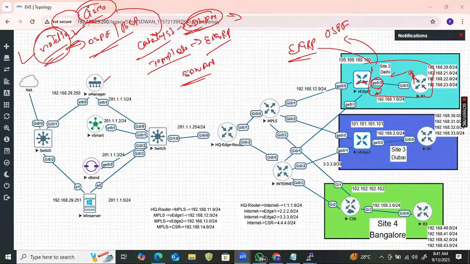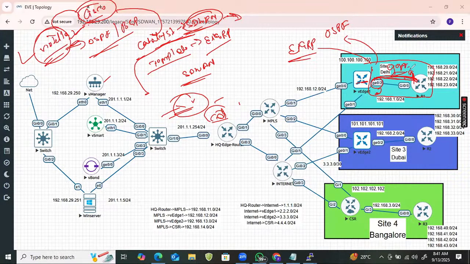Hello. So in Catalyst SD-WAN, there we can use EIGRP. Right now, we don't have the option to use EIGRP. Got it? So in the second topology, as I told you, the first topology I am going to cover on Viptela. The second topology I will cover on Catalyst SD-WAN. So there I will show you EIGRP can also be configured. Got it? Right now in between we have an option, we can use